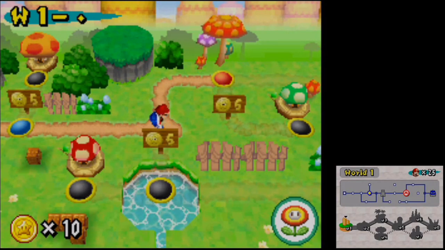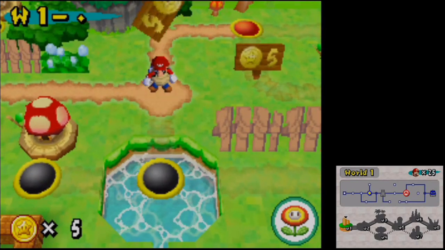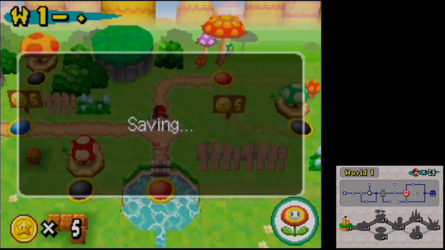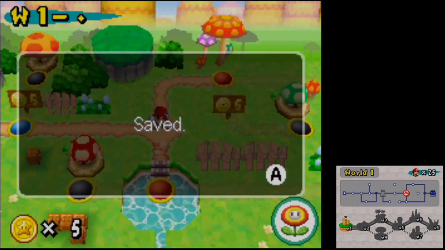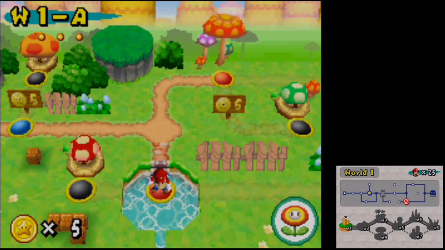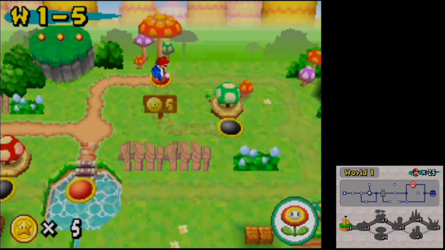Alright, so let's access this level down here. To unlock this level, you have to spend 5 star coins in order to get to it. And this will lead us to level 1-A, so I'm not going to do that level just yet, but first things first, I'm going to be talking about the level on the top, level